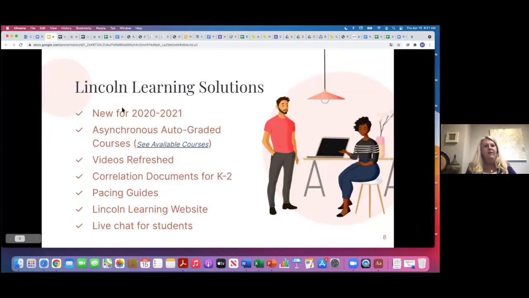So let's talk about what that is. I'm going to give you about six highlights of what an auto-graded, asynchronous course would look like. Courses that are auto-graded will contain online assessments that are automatically graded through the learning management system.